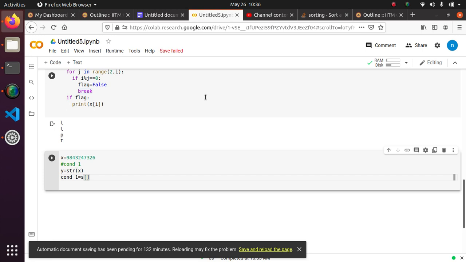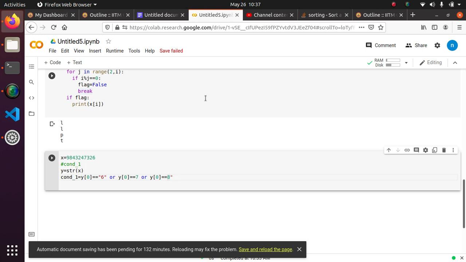Condition 1 is y of 0 equal to 6, right? Or y of 0 equal to 7, or y of 0 equal to 8.